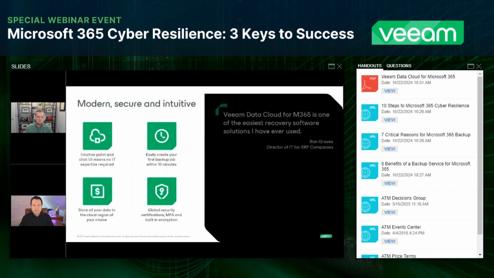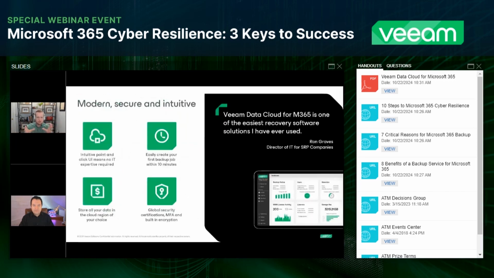But in addition to the responsibility of you versus us, Veeam, we also get an intuitive point and click UI. It means even if you have newer employees coming on board, or maybe some junior or even non-experienced IT folk, it offers a very low bar to entry in terms of knowledge. So you can quickly have those newer employees get up and running with little to no. You no longer have to be a backup expert. You can simply, and I say that with some precaution,